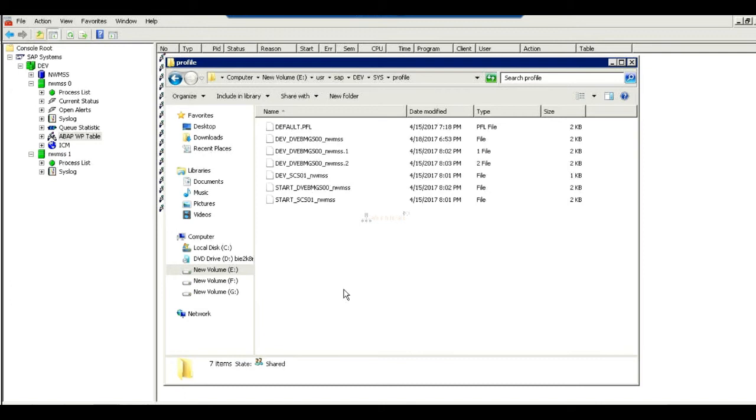Your profile value has been changed, but it will not take effect because you have not restarted. For example, on Monday I changed one profile but did not restart. Tuesday, Wednesday, Thursday, and Friday passed, and on Friday I restarted.